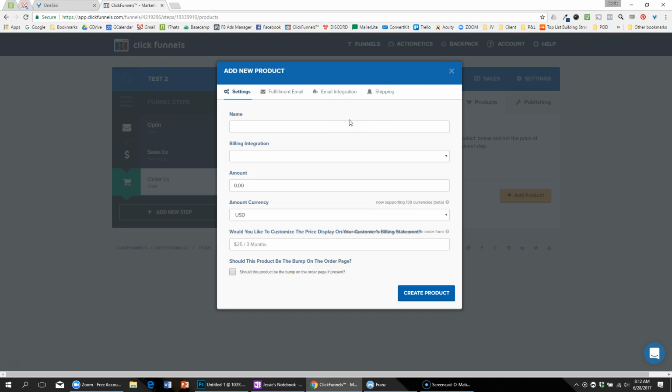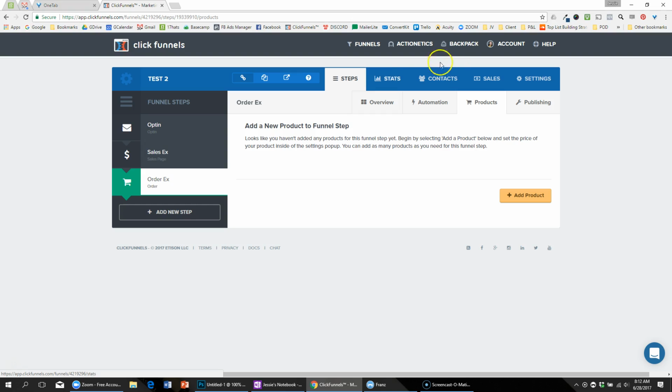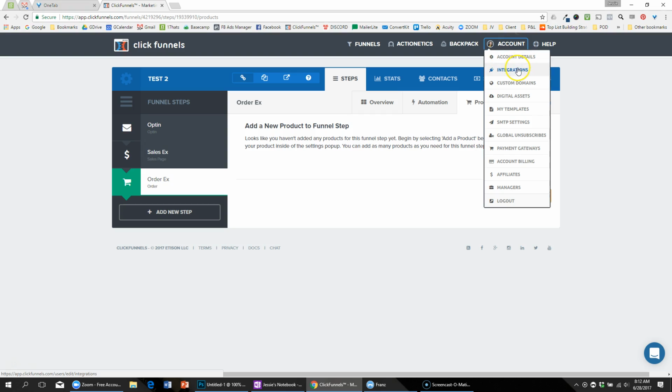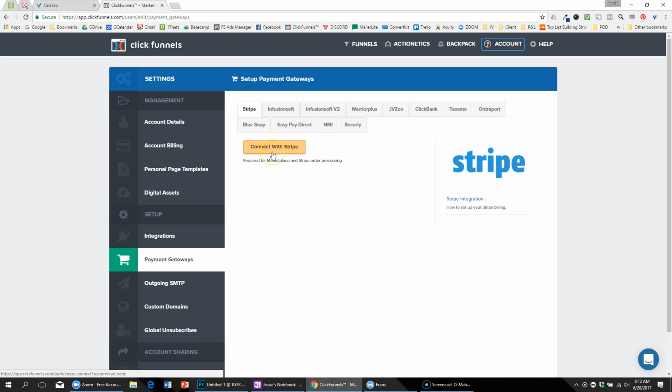Besides your email service provider, the next thing that you probably want to integrate is your payment gateway. So let's say we wanted to integrate Stripe. It's actually pretty simple. The first thing I'm going to do, you can do it one of two ways. I could just start and do it right now. Instead of integrations, I want to go to payment gateways. And here I could connect it with Stripe and it would ask me to sign in. Or